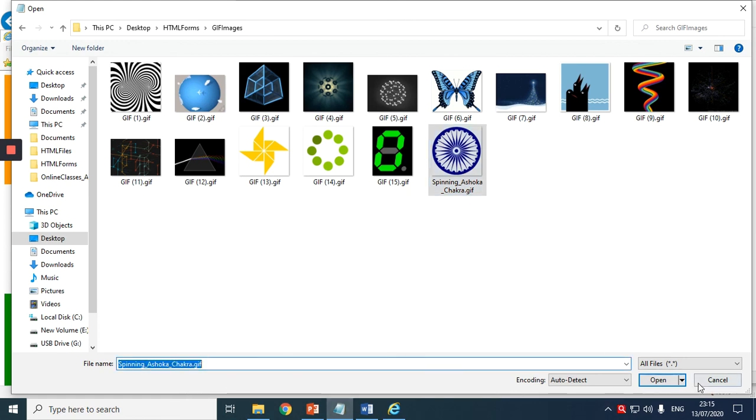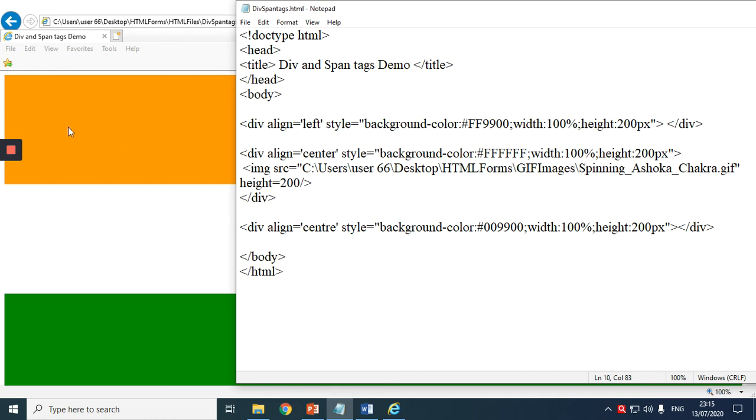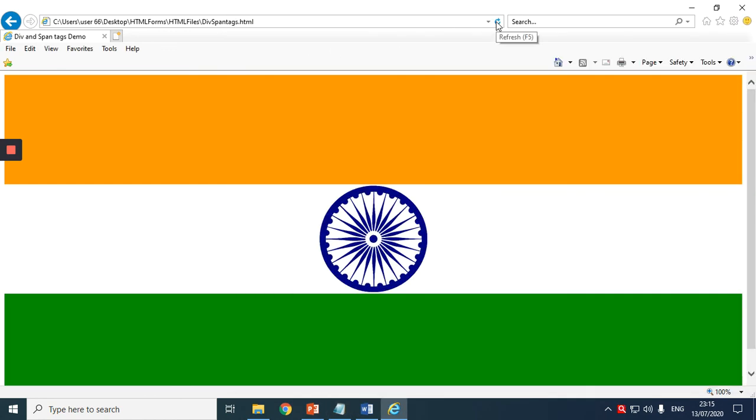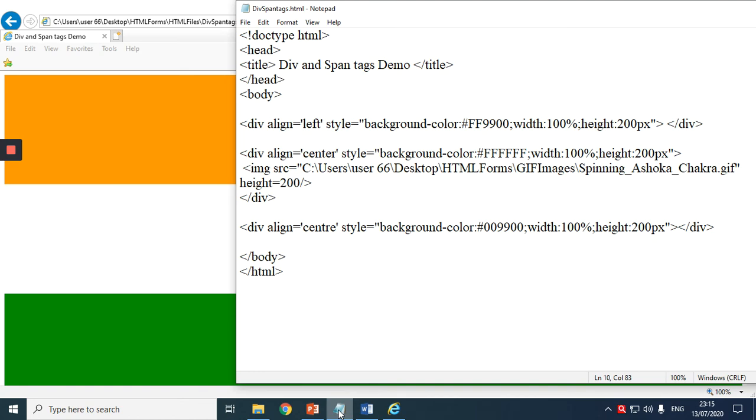Control C, cancel, and Control V. Okay, Control S. Hopefully it works. See, you have an animated image, correct? So you can see the Indian flag, how it is. So this is how the division tag works, right? I hope the division tag is clear to everyone, correct?